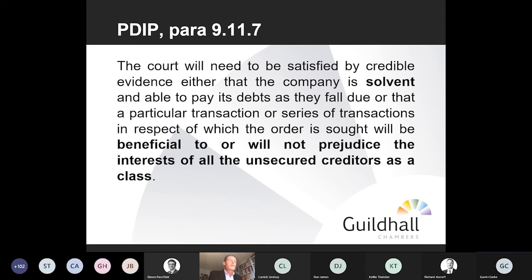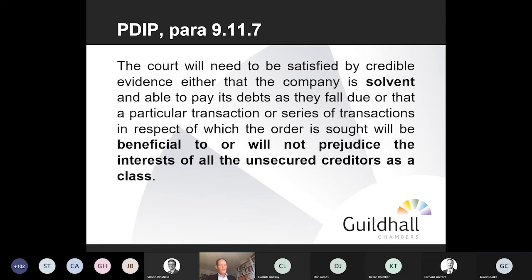You're required to give 14 days' notice of such an application, and elsewhere in the practice direction there's some very helpful guidance, I think, on what you need to provide in your application. So critically, the witness statement, typically if it's being made on behalf of the company, should be made by a director who is intimately acquainted with the company's affairs and financial circumstances. And, if appropriate, the application should be supported by a witness statement from the company accountant.